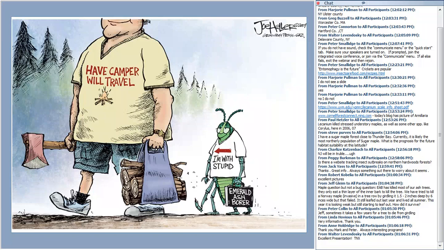It lived all summer. How did it survive? That's a good question for you, Pete. I know that when we work with emerald ash borer to attract it in, we do girdle the ash trees. I don't go very deep into the wood, but I take off a 6-inch band of bark, and they die pretty quickly. When I was growing up out west, we had a tree called big leaf maple, and I tried to girdle some of those, and they persisted for about 2 years before they finally ran out of steam and died. So my advice is just wait it out. It'll die.